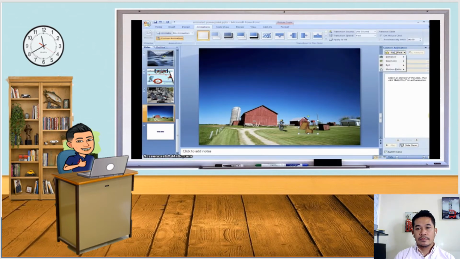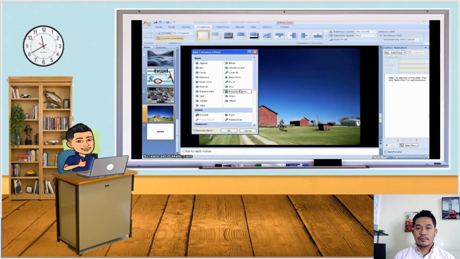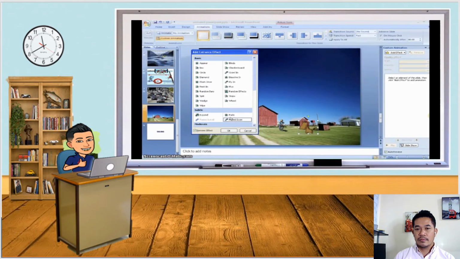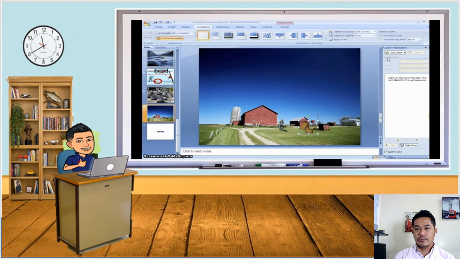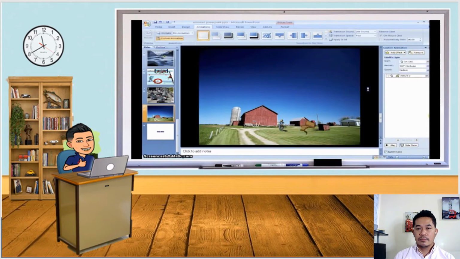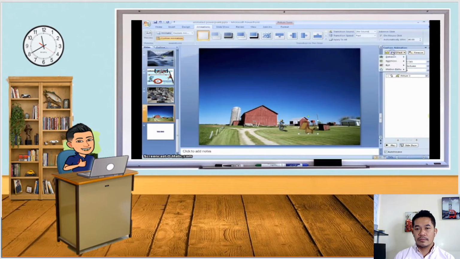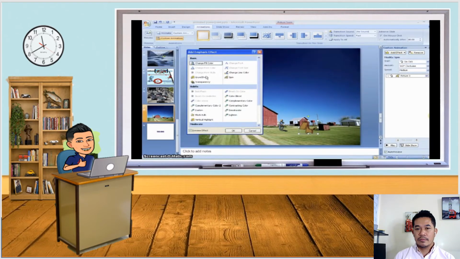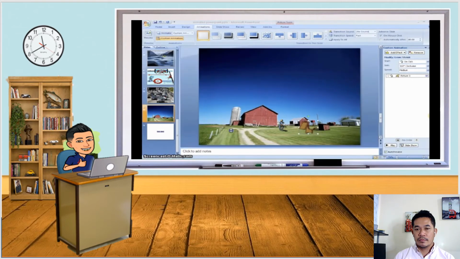We can add several different kinds of effects. We can add entrances. The entrances make things appear in different ways. These are really fun, especially if you are doing a fantasy story, maybe with magic. We can also have an emphasis. An emphasis leaves your character or object on the board but makes it move or change in some way. In this case, I'm going to add the emphasis of grow and shrink to make it look like it's getting closer. Now I don't need it to get it quite as big as it said to, so I'm going to